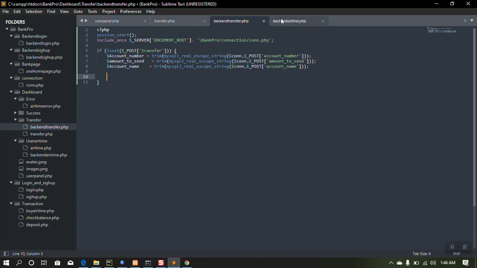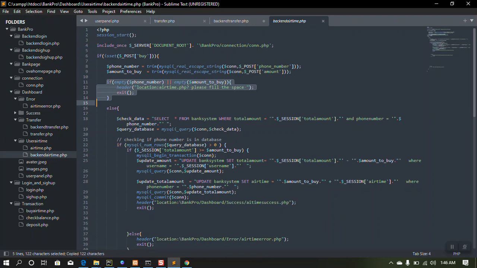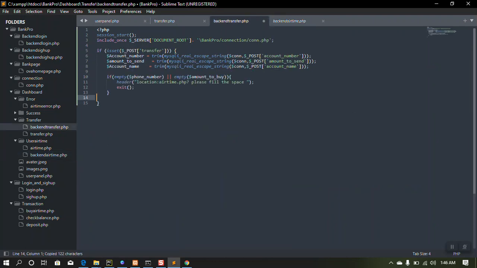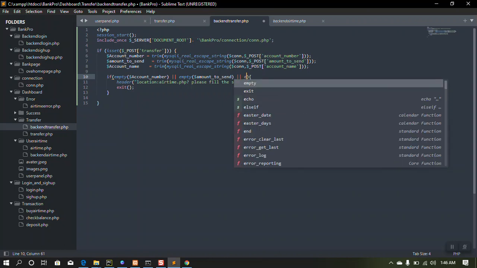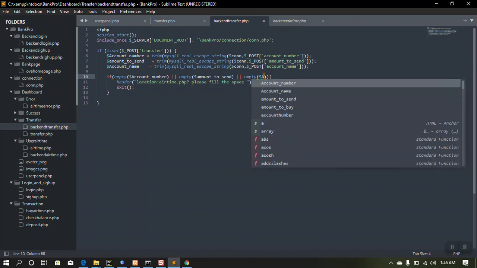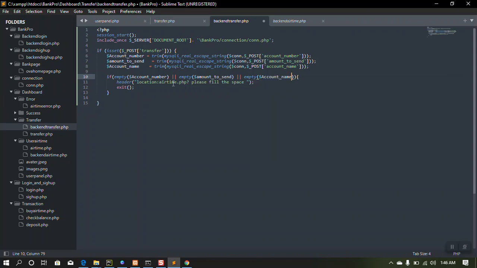So let's set an if statement. If it's empty, let's take it back. So empty account number, amount to send, account name. Yep. Then this will be transfer.php. So else,